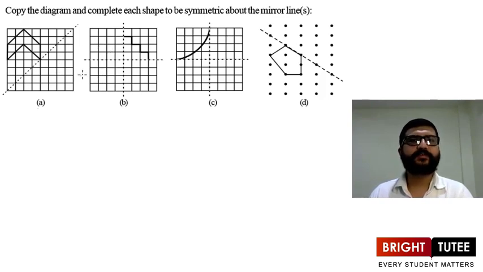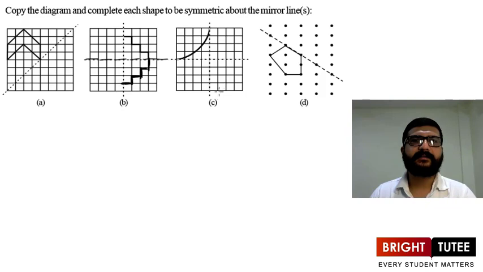Or if we don't want to do this by activity, we can count and draw the same figures as well. Like we can do for the second one. See, if this is the dotted line we are considering, this one, then we have to draw a line like this, and then it should be like this, and then here, then it is moving towards right, and then one block below, and then again towards left. So this is how we can complete the images.